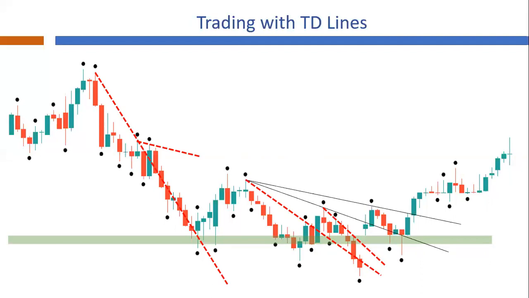Note that the important rule of connecting the current TD point with the most recent TD point should be followed at all times. Also do remember that the TD supply line is always downward sloping and a TD demand line is always upward sloping. You can see that I have ignored some of the TD points. Look at the red lines. Though theoretically these are TD lines, it is worth noting that taking trades on the basis of a breakout of these lines is not recommended. Now look at TD demand lines.